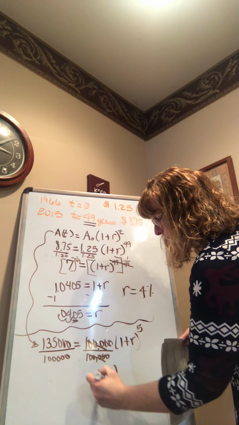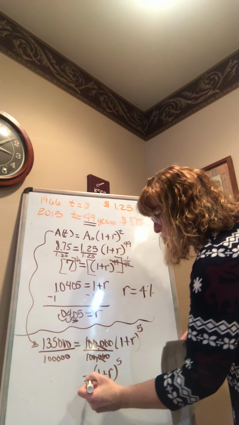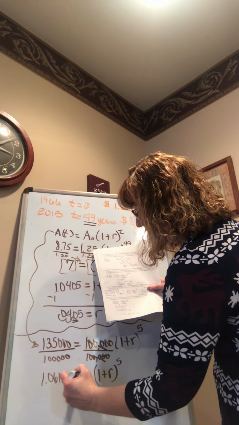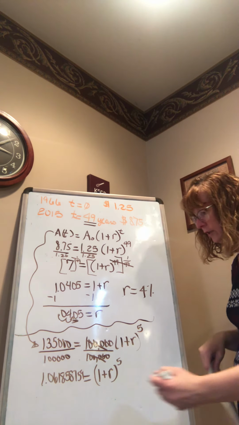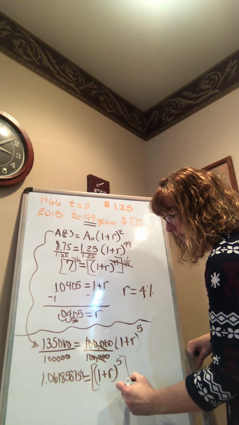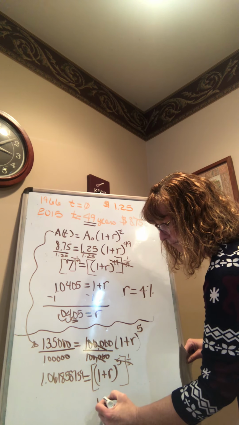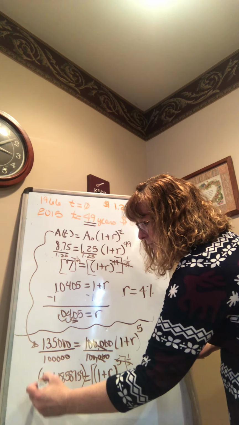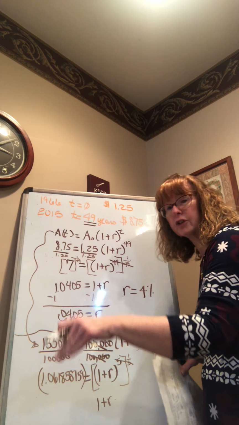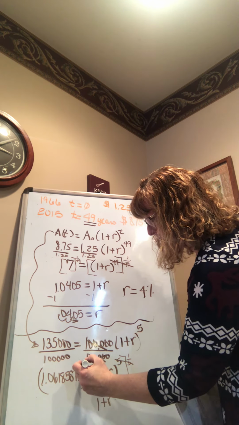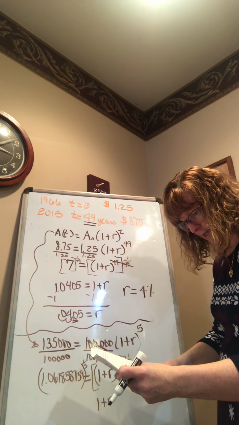And your growth rate, your 1 plus your percentage to the 5th power, is equal to 1.061858759. So that should be on your calculator. We want to cancel out an exponent, so we use the reciprocal. There, it's gone. Now this side must be raised up, so on your calculator you should just hit the exponent and then put in your 1 divided by 5. And this now gives us a growth rate